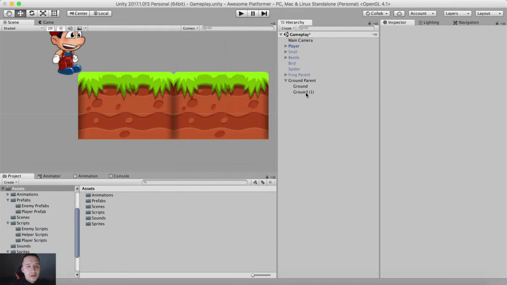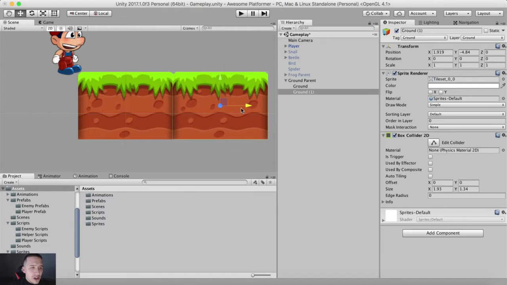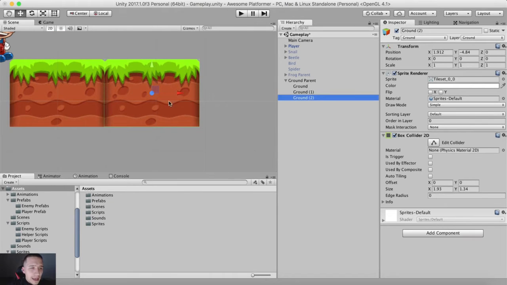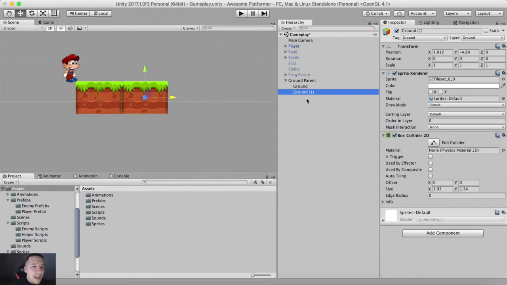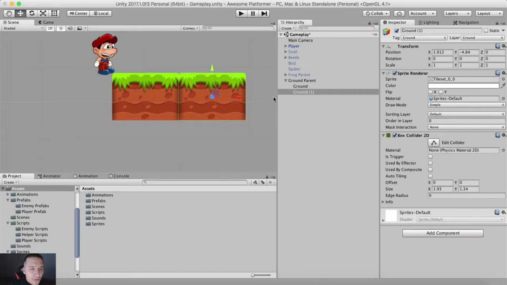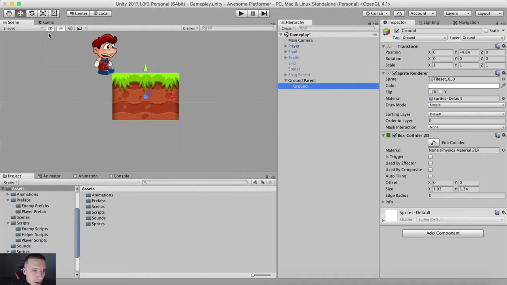But also, we don't want to do it like this. You don't want to position like this, then duplicate it, then position this one like this. This really takes a lot of time, even though creating levels takes time, but this really takes a lot of time. Now, before I show you how we are going to do it, I'm simply going to take this ground